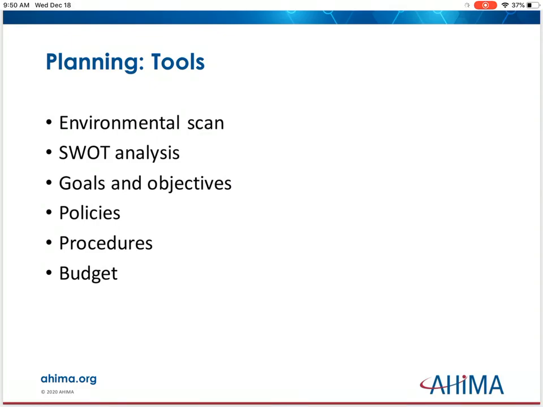Now, an example in HIM, a SWOT in healthcare, if you look on page 31, in that blue box, you can read through that SWOT analysis. It breaks it out as Ruth is the HIM director of Memorial Hospital, and she's starting to talk about the implementation of CAC, computer assisted coding. So read through the strengths, weaknesses, opportunities, and threats there, so you have a better idea of what a SWOT analysis actually is. Now, other planning tools are going to be goals and objectives.